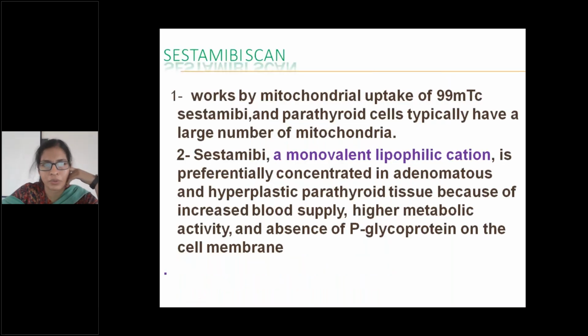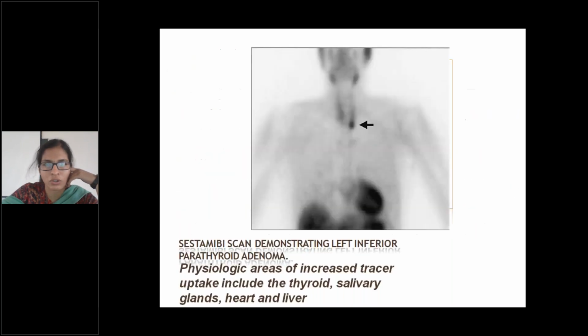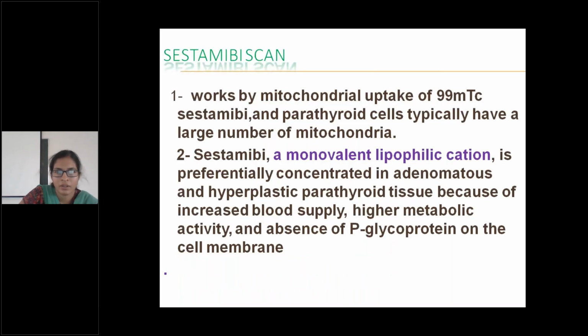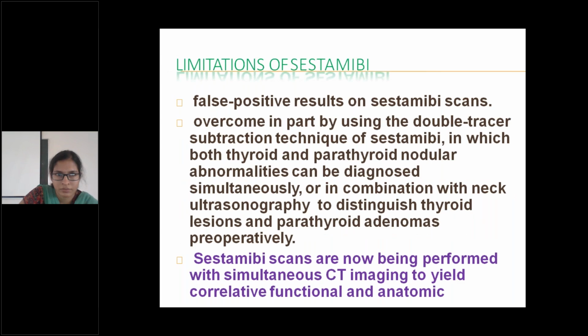Another approach is endoscopic procedures. By endoscopy, we keep one trocar for the camera and another port here, and endoscopically we remove it. Similarly, in the abdomen it is called laparoscopy, minimally invasive. For thyroid and parathyroid, we call it endoscopic parathyroidectomy or endoscopic thyroidectomy. Limitations: false positives are there, so we have to confirm intraoperatively.